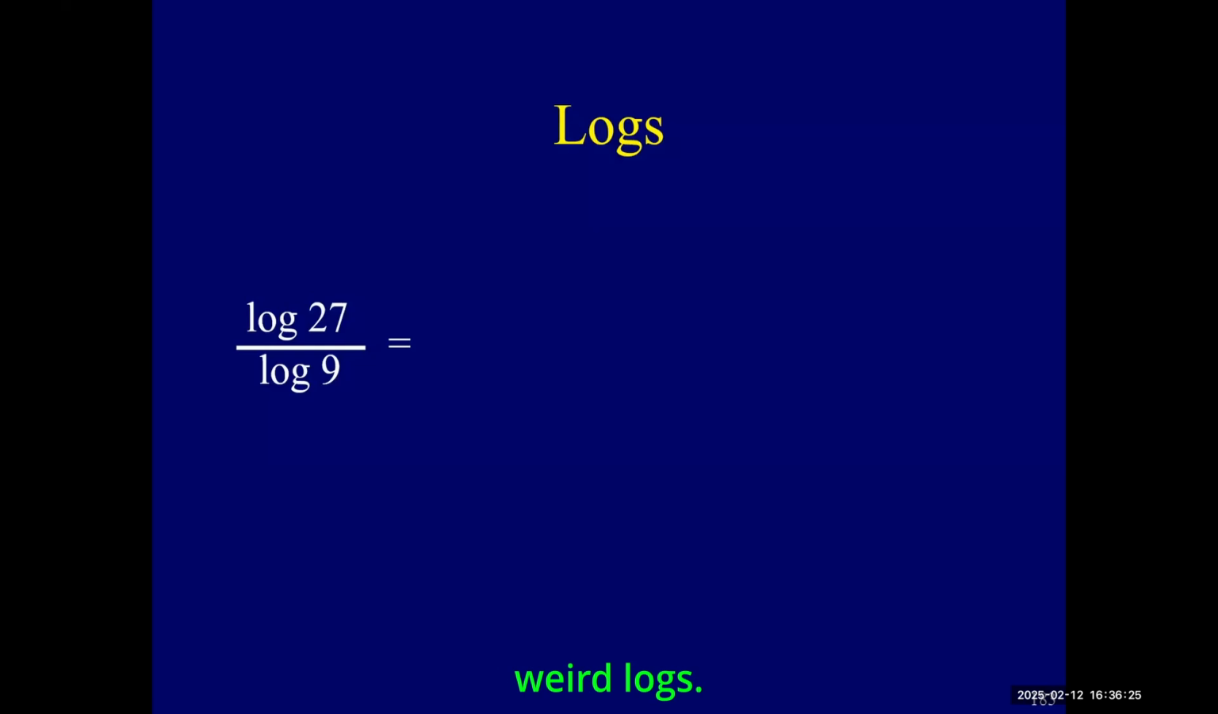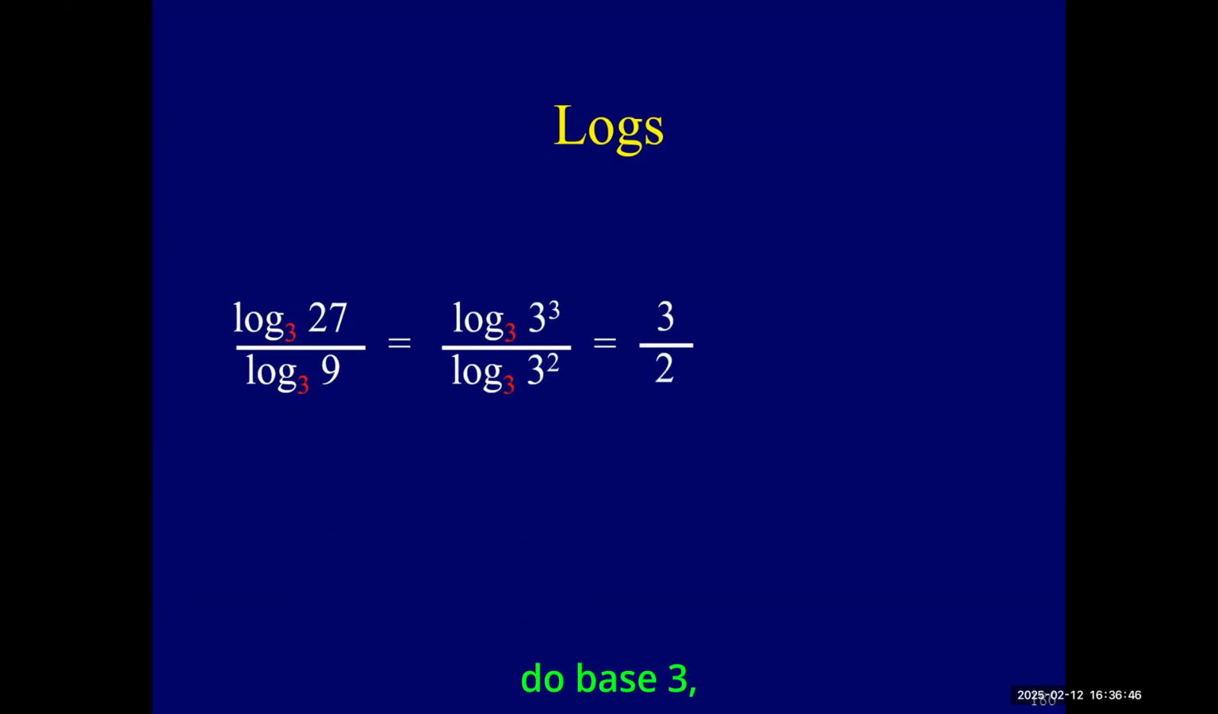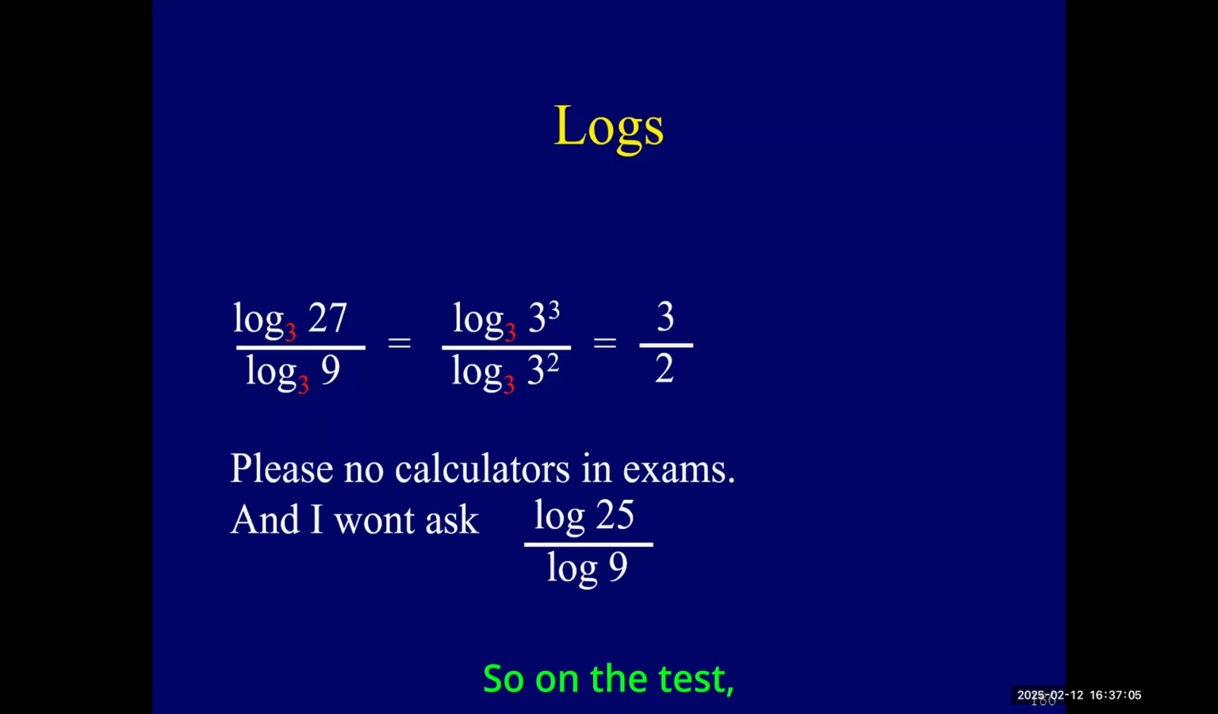Let's do some weird logs. Can anybody calculate log of 27 divided by log of 9? Some easy thing in your head? Well, 3, good, because you don't know which base, and you can change the base. It doesn't matter. So if we do base 3, then did you say 3? Actually, it's 3/2, because we do base 3. Everybody good? Right. So on the test, I don't give you calculators, but I don't ask you to do hard